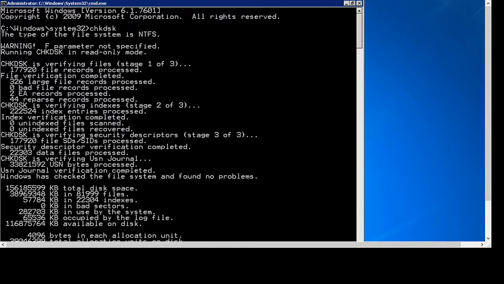even on a healthy hard drive, even on a dual core, quad core, and above. They can take a while because it depends on the size of your hard drive, how much data, how many files it has to scan, how many sectors it has to scan. I would set aside, seriously, a couple of hours. Just make sure for a couple of hours, possibly, you don't have access to that computer,